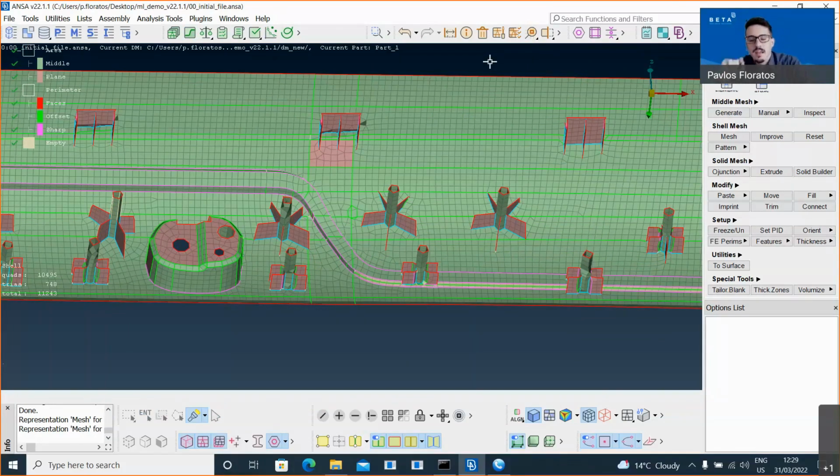So let's say that your data is more complex, more weirdly shaped, and you see that the pre-trained predictor fails to find some of them. We give you the possibility through Convos to train your own clips predictor from your own specific data, and then you can put it inside ANSA, and both of these functions, both the manual one and the one that works in batch mode, will use your own pre-trained predictor.